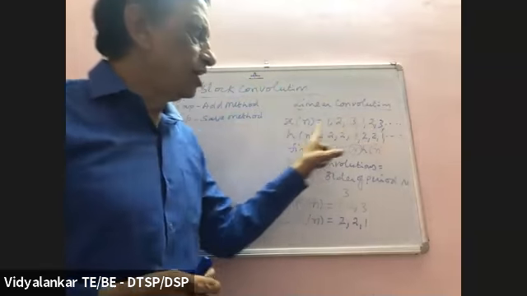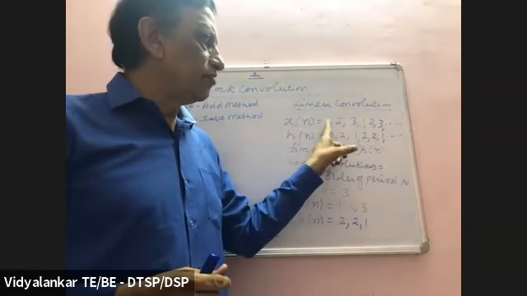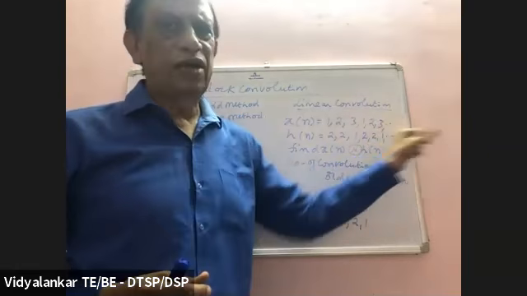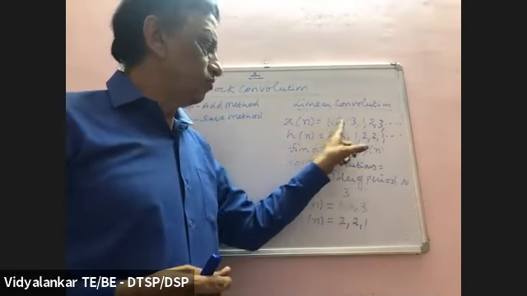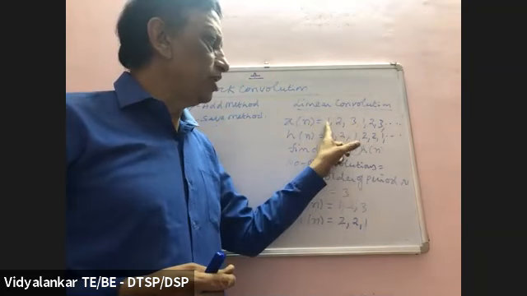If you observe here, the period of these signals is 3. After every 3 values, the same numbers are repeated. So the order of the period is 3. So one period of x values and one period of h values are taken. Now the 3 outputs we have to calculate are